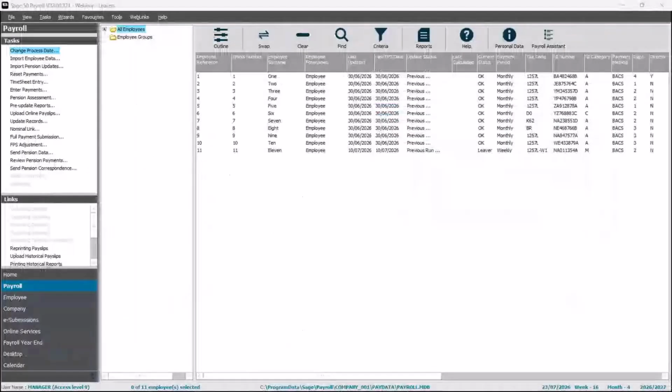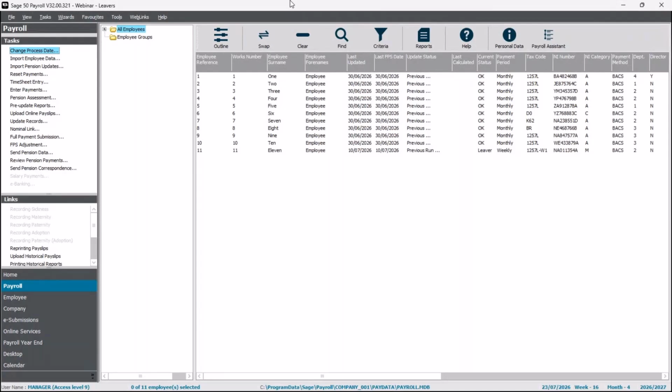So I'm just going to bring these slides down. And for most of the demos today, I will be running a monthly payroll. Now, first of all, I'm going to process a final payment for a leaver who is going to be paid a little bit earlier than they usually would be. So we've agreed to give them their final pay a week earlier than the usual pay date, and we're going to do a separate pay run for them